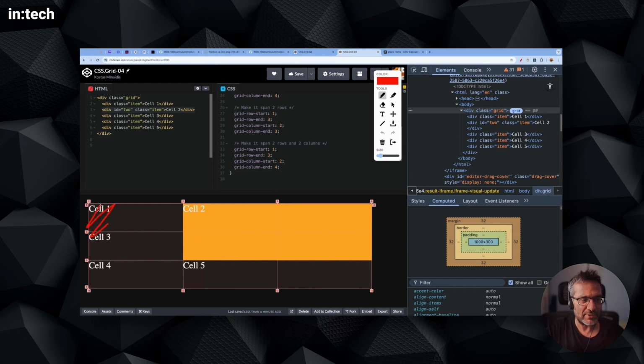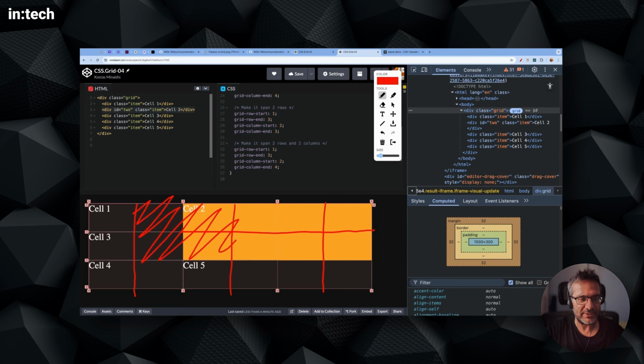So we can paint something. We can paint something here. We can paint something, let's say here, and so forth. But of course, we cannot create something like here. If I wanted something like this, I would have to subdivide into more columns. So I would have to put more columns like this, and then create, let's say, something here. So you can subdivide the grid in any way you want, as many columns and as many rows as you want